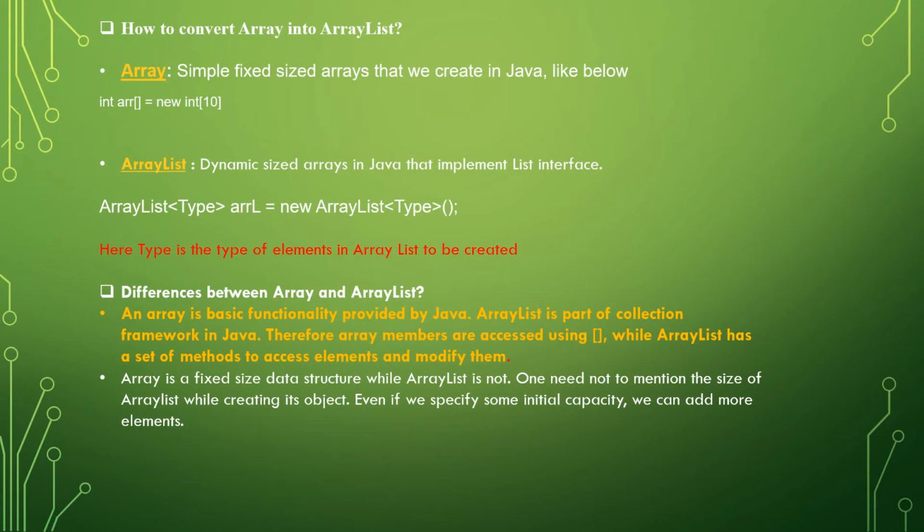So an array has a fixed size. For example, when you expand the sentence, you can easily use the same code again if you go for a dynamic-size array, which is called an ArrayList. This is the basic difference between the two: an array is fixed size and an ArrayList is a dynamically sized array. And in an ArrayList, you can also define the type, whether it is character, string, or whatever it is. So that is the difference between array and ArrayList.